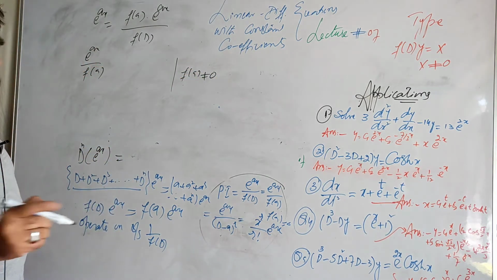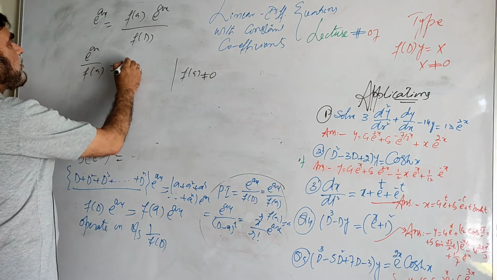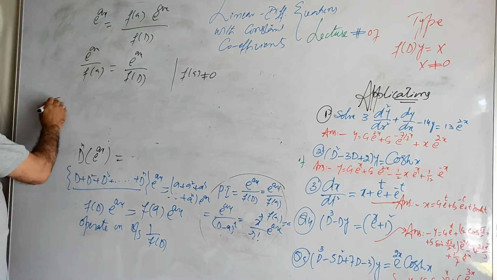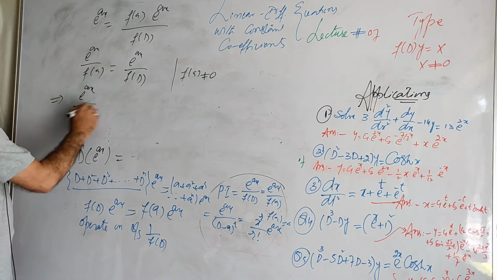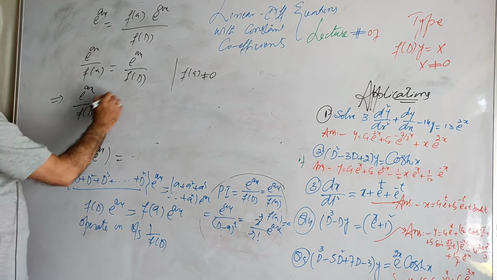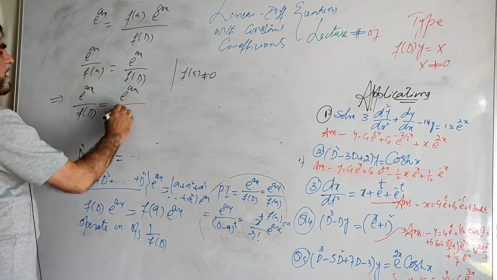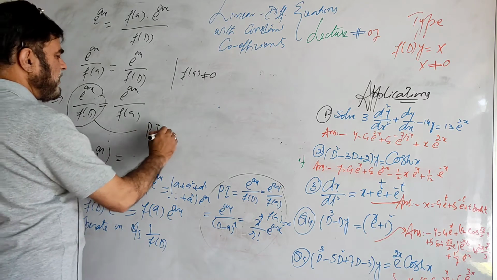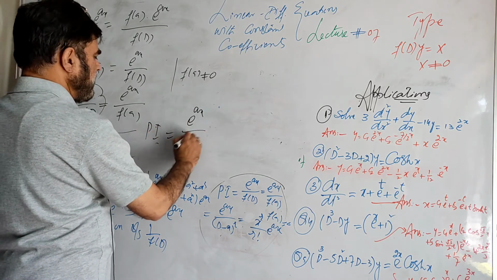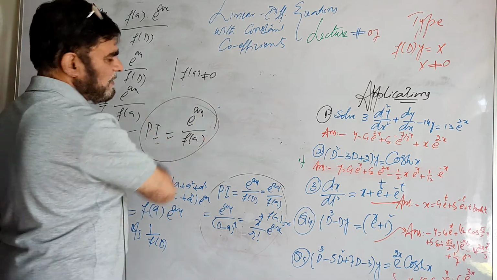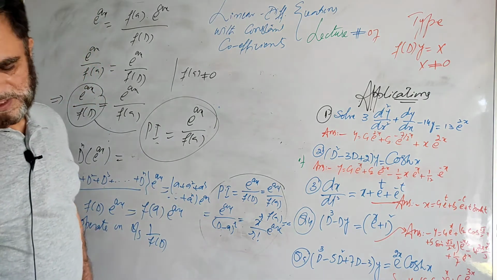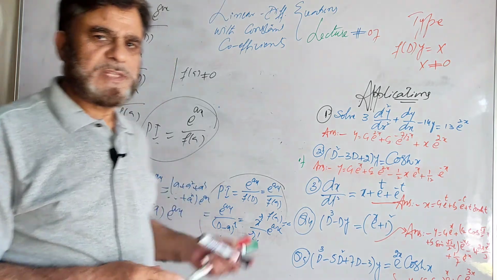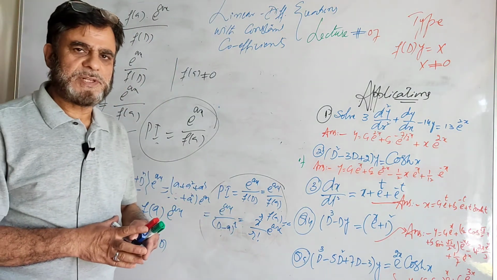This is the case when f of a is not 0: e raised power x by f of d is equal to e raised power x by f of a. That means we have proved that e raised power x by f of d is given by e raised power x by f of a. And what is this actually? It is the particular integral you have found. If one may ask for the proof, how it comes, this is the way. You don't need to go this way, but you have to remember that when the right side is an exponential function, we go this way.